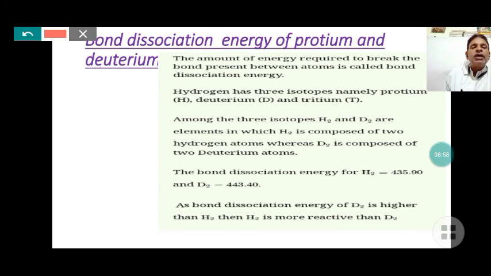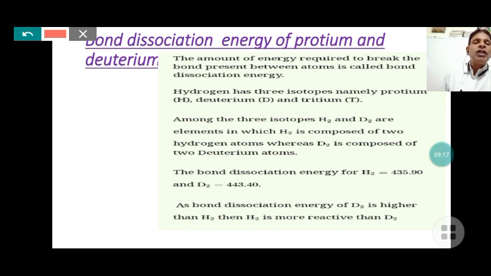The bond dissociation energy of D2 is higher than that of protium. That's why protium is more reactive than deuterium,